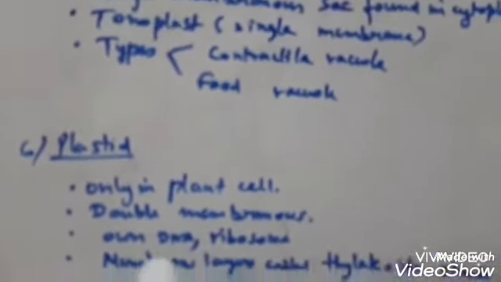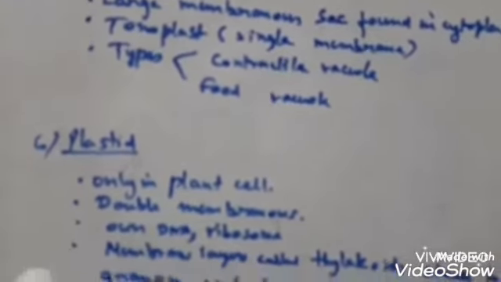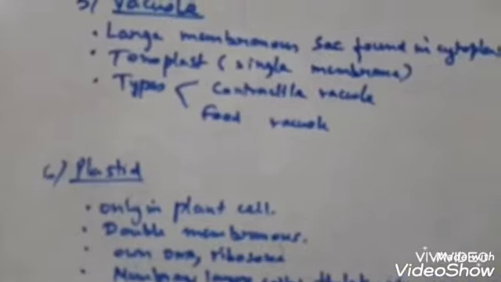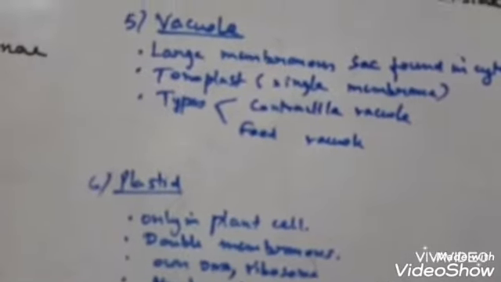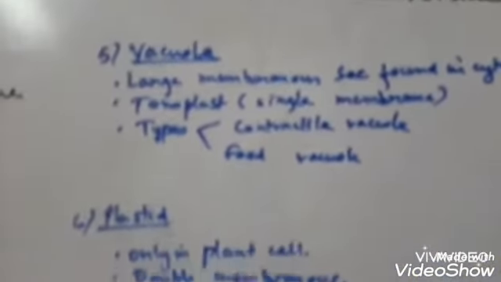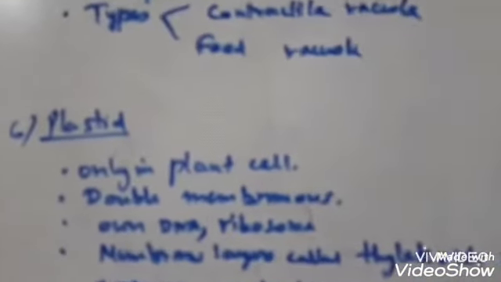Plastids are generally of three types: leucoplast, the colorless plastid; chromoplast, the plastid with colors other than green, that is orange, yellow, red; and the chloroplast, which is the green plastid containing chlorophyll pigment. Plastids have a double membrane bound structure, inside which in the matrix we can find the grana.